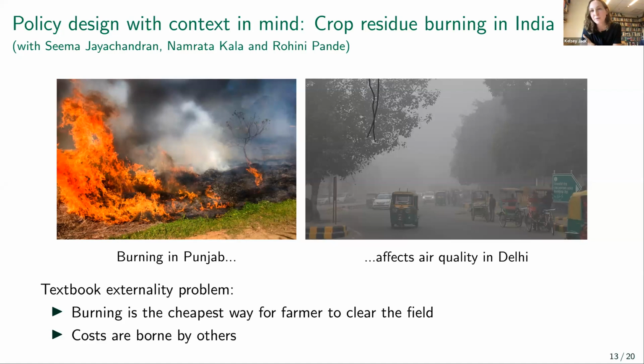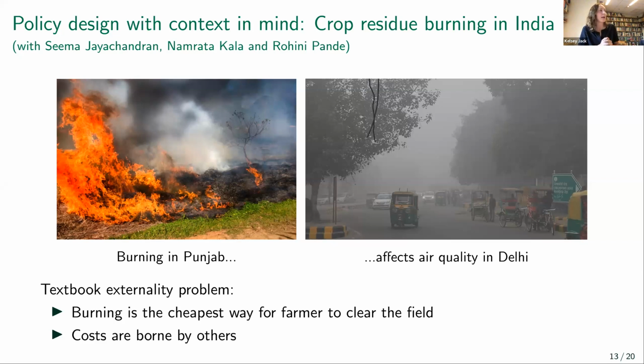The cheapest and most available technology for clearing the fields is a very ancient technology, which is fire. Turns out if you set the rice stubble that's left behind after you harvest on fire, that's a very, very effective way to clear the land. But unfortunately, it's a way that has tremendous externalities associated with it. The smoke that's being released has a lot of toxins in it. The prevailing wind patterns at this time of year blow this smoke over Delhi, which is a huge population center,